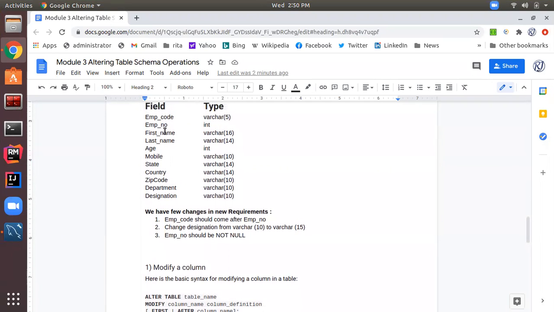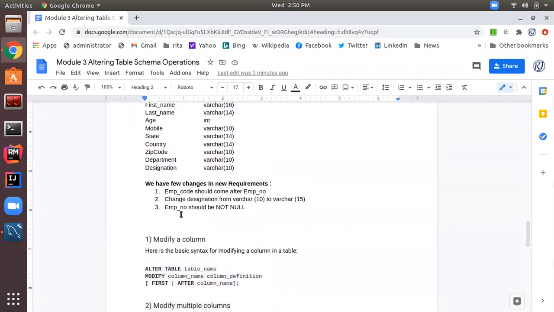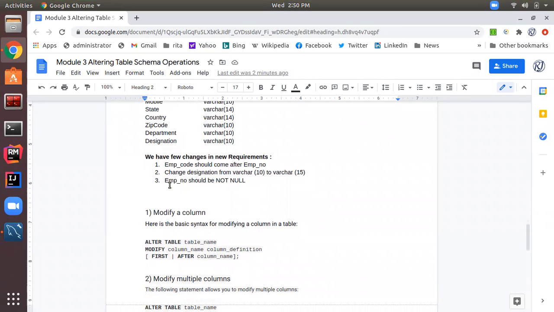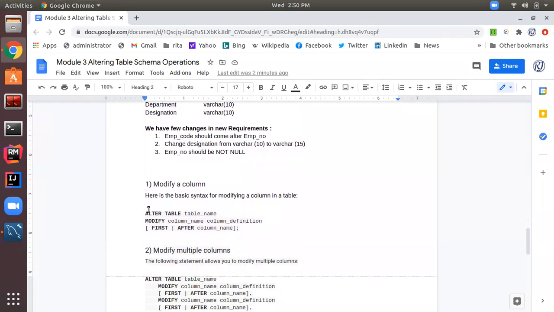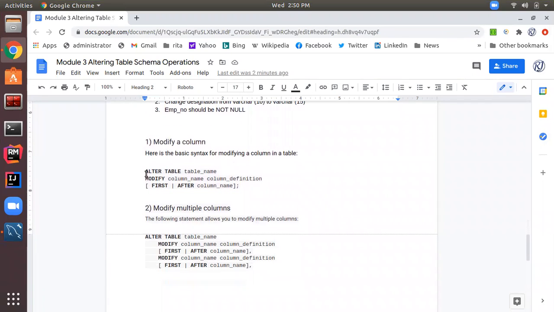Currently we can store null as amp number entry, and we can keep amp number as blank, but now our manager wants that this should not be null. While entering, the amp number should be entered for each row. So these changes we need to do. For that, we can take the help of the modify column command in SQL along with the alter table command. So the syntax of modify column is alter table, then table name, modify column name, and